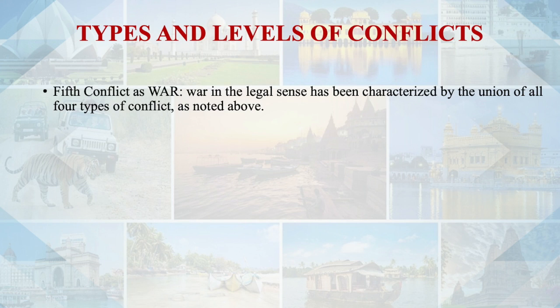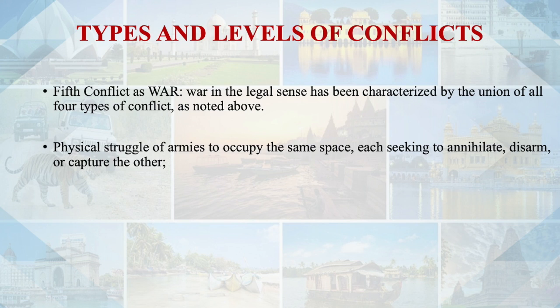So we have seen that we have 4 different types of conflict under rights classification. The first is physical conflict, then political conflict, then ideological conflict, and finally legal conflict. Along with these 4 conflicts, another conflict has been recognized as war. The ultimate war in the legal sense has been termed as the union of all 4 types of conflict as noted above. Means when we combine physical, political, ideological and legal struggle,